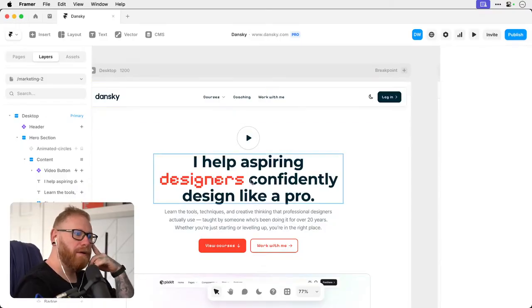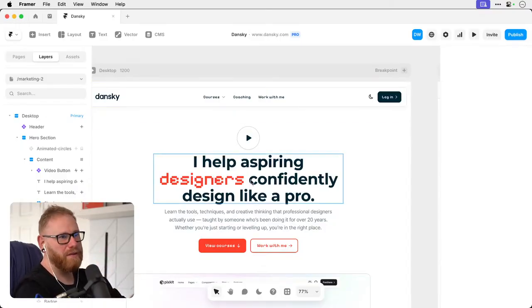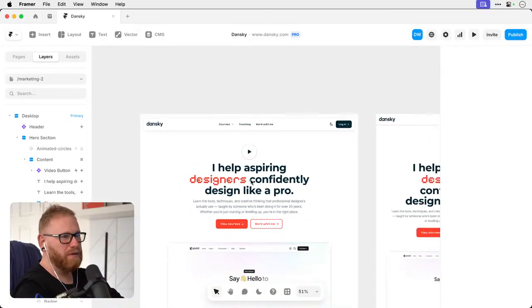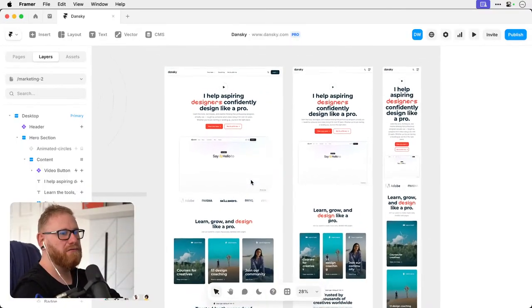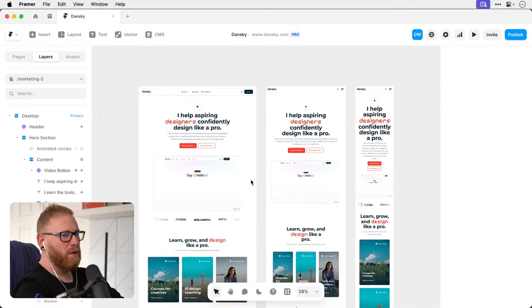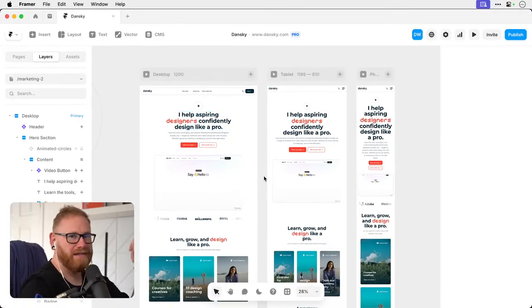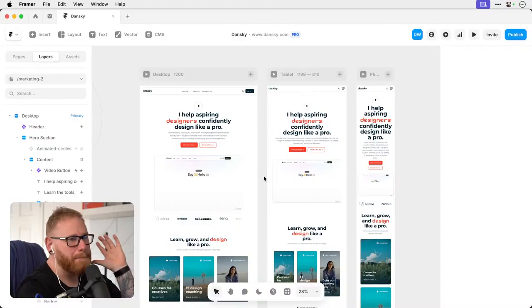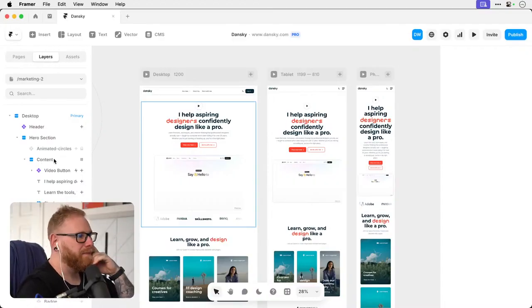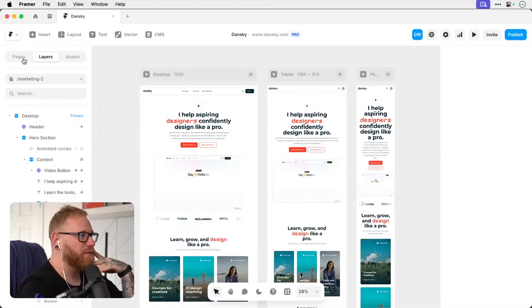But if you are getting started with Framer for the first time, you don't have to learn Framer in its entirety and build a website from scratch. Like, I really wouldn't recommend that. What I would recommend doing is finding either a free or a paid Framer template. There's some amazing ones out there. Seriously, the Framer marketplace, they've got some great ones.